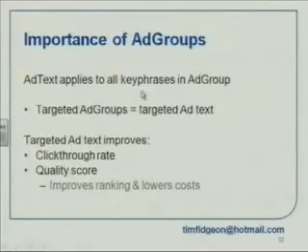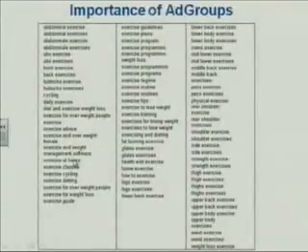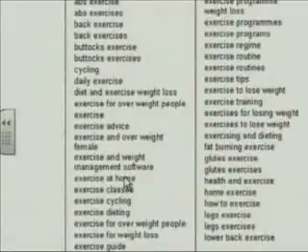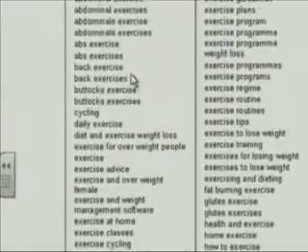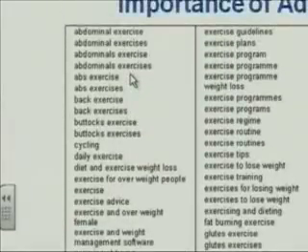Okay, so the importance of ad groups. We've talked about it before. I've said it before, and I'm going to say it again. The really important thing is that your advert applies to all of the key phrases within an ad group. And so targeted ad groups will give you targeted ad text, and that will give you a better click-through rate and a better quality score. Here is an example of what can happen,